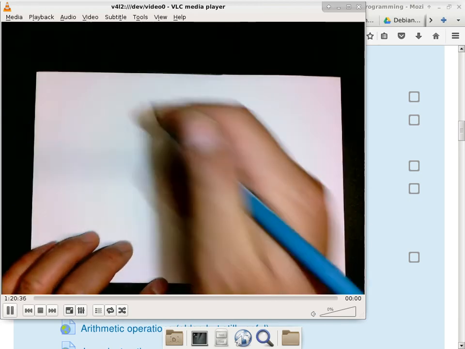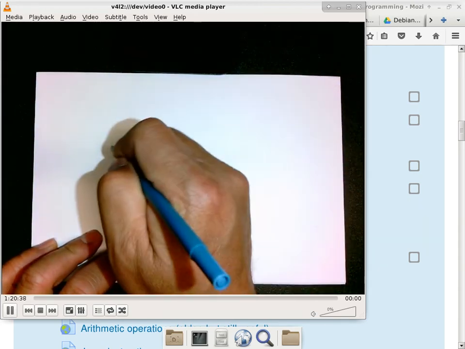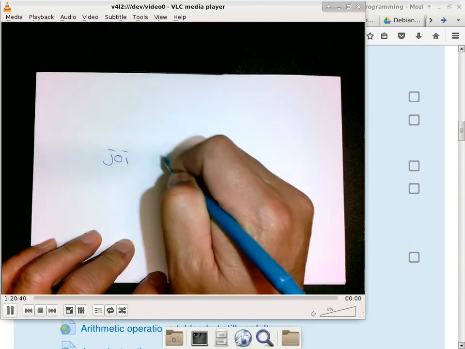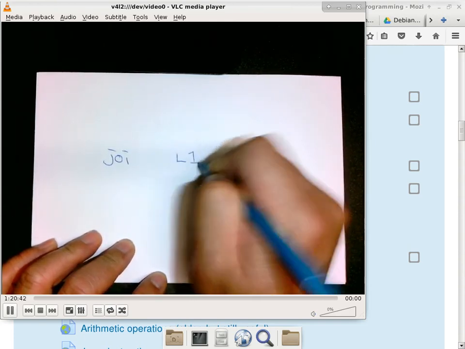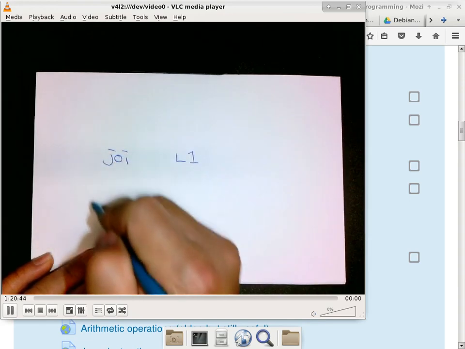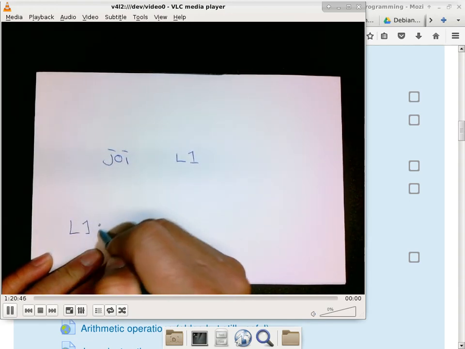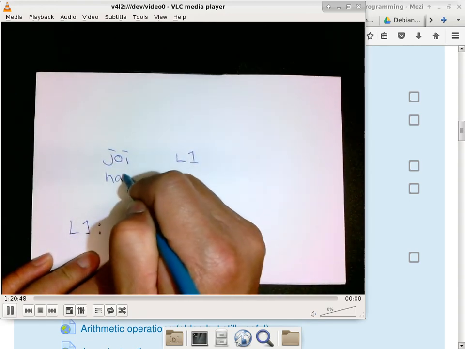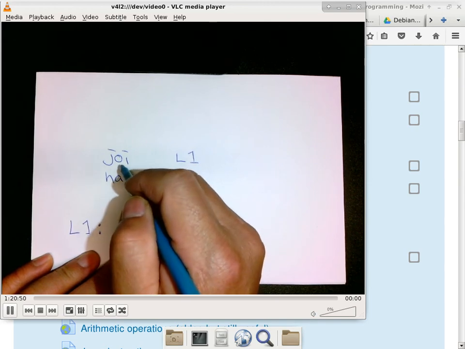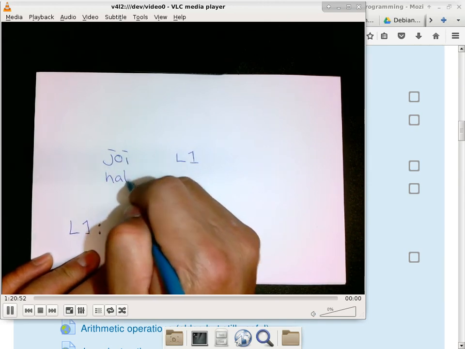JOI. Okay, so we'll test the JOI instruction. I'm going to put a JOI instruction here with a label L1, and we'll define L1 down here somewhere. Right after the JOI instruction, oh, that's joy, right? The JOI instruction,